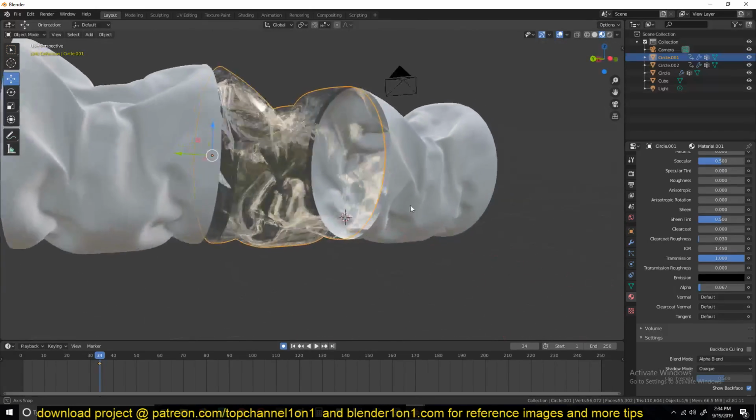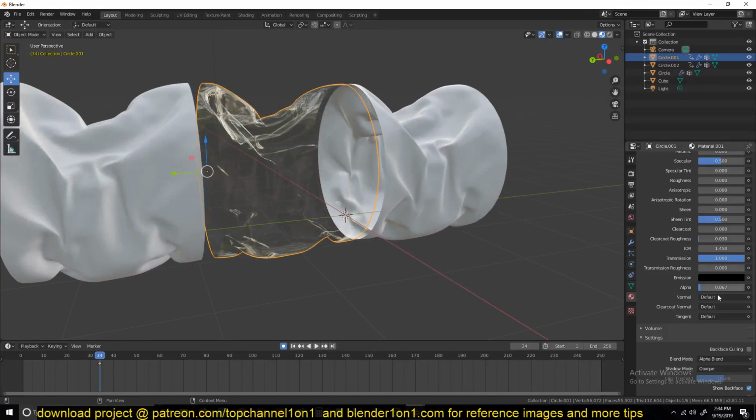Let's see. Maybe give this some roughness. Increase the alpha a bit,